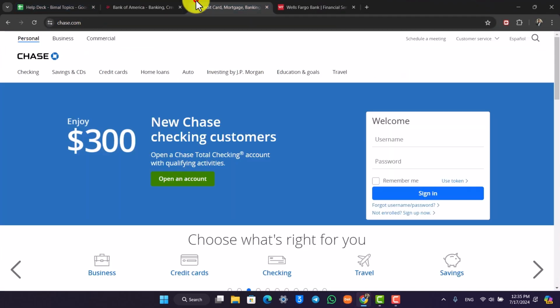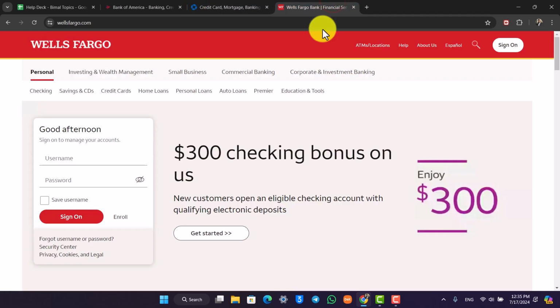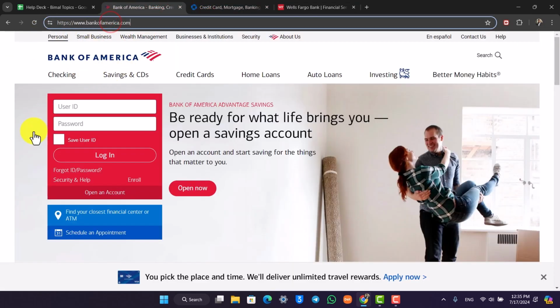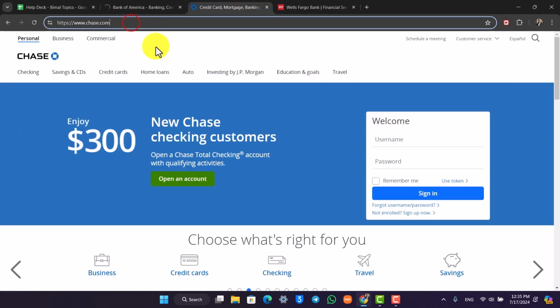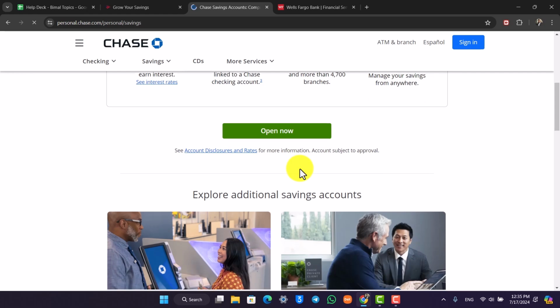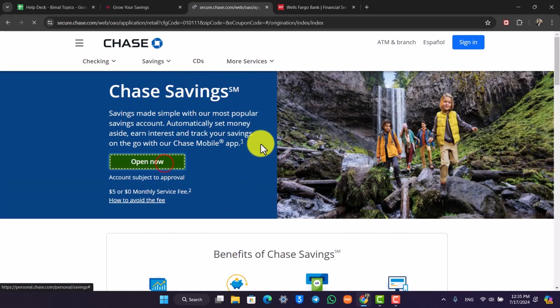So whether it is Bank of America, Chase Bank, Wells Fargo Bank, etc., and many of the other banks that are available, they do offer you an option to create a checking account or savings account right from the website. So here in this case, I'm just choosing, let's say, the Chase website. If I go to chase.com, there you'll find the option for savings, and you can choose a savings account from there. And once done, simply select the type of account that you want to create and click on the